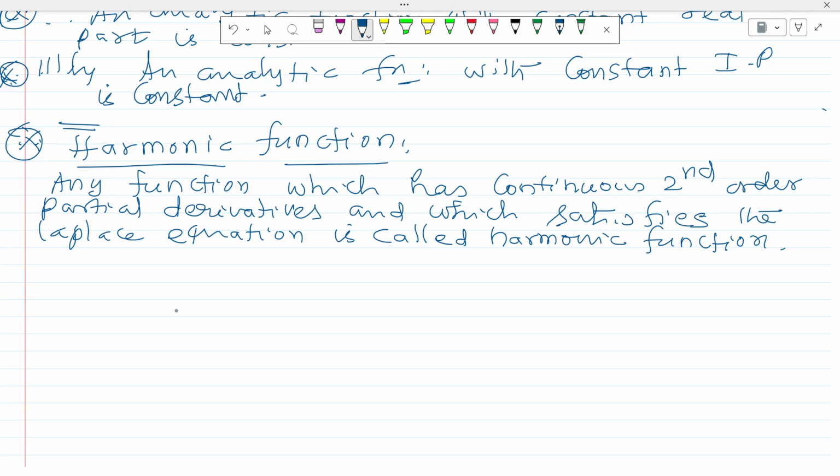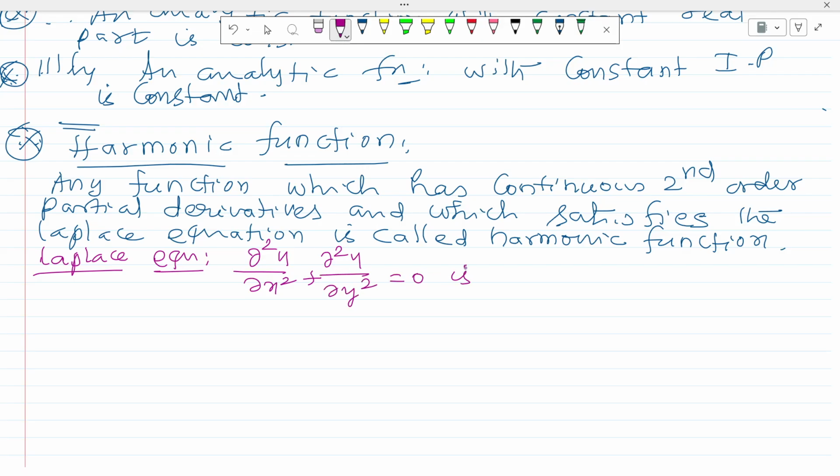Listen, what is meant by that Laplace equation? We have studied in functions of several variables. Actually, a Laplace equation, that is not a Laplace transform. Listen, the functions of several variables we have studied that dou square u by dou x square plus dou square u by dou y square equal to 0 is